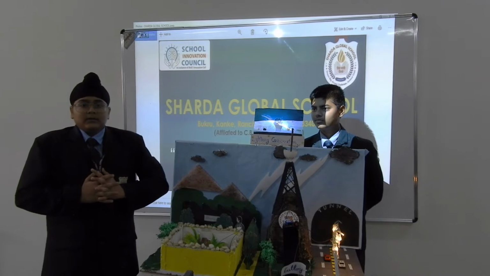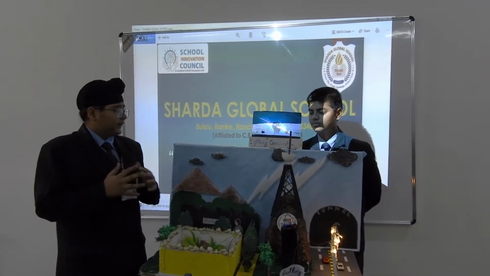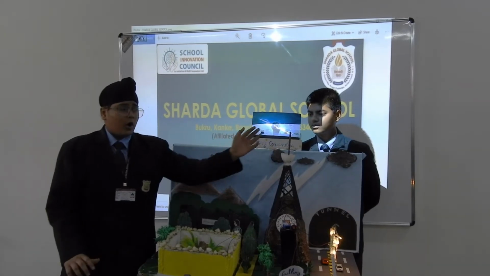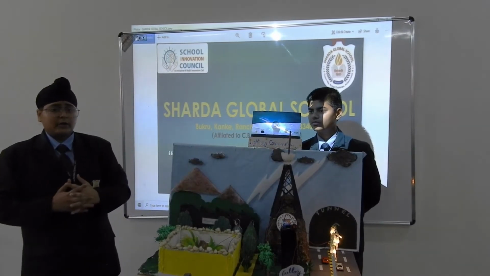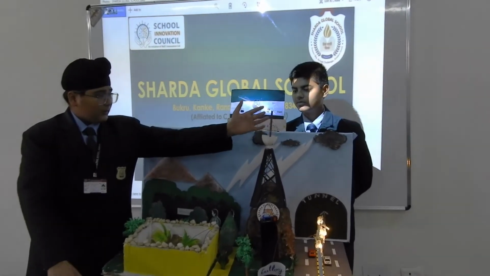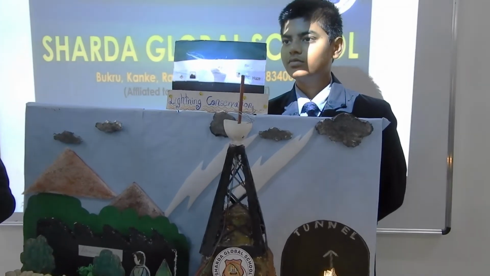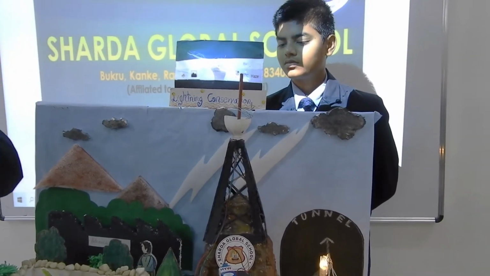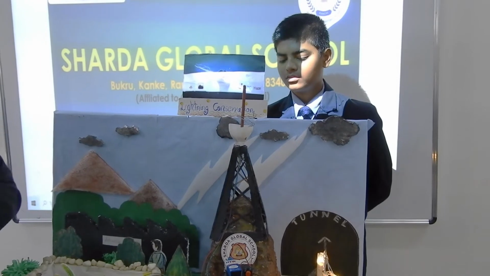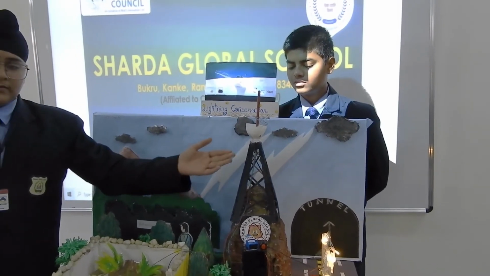Now, ideas. In classes 7, 8 and 9, we have studied that copper rod is a good conductor of electricity. So I have fitted a copper rod on the top of the antenna. Now I was having questions about how to control this large amount of electricity. So I have fitted a module on the top of the antenna.